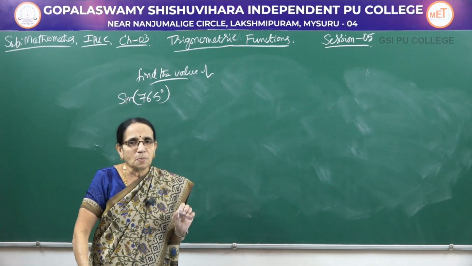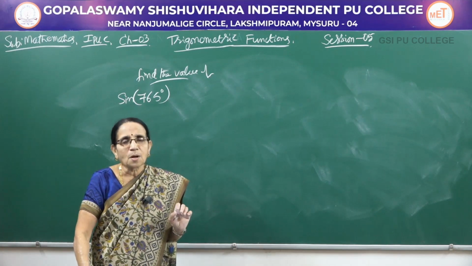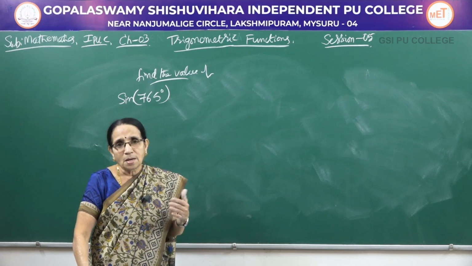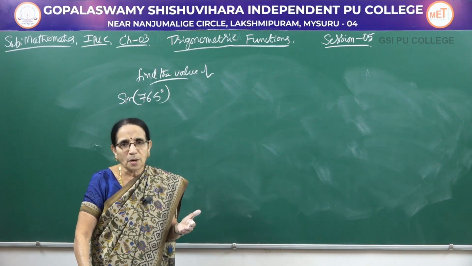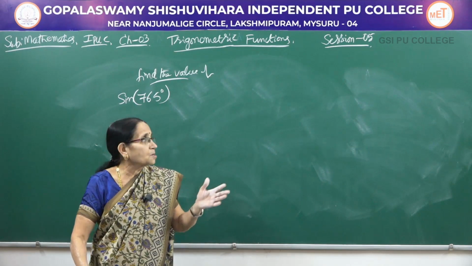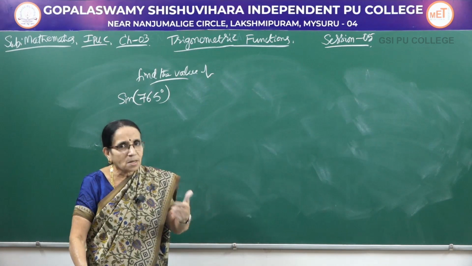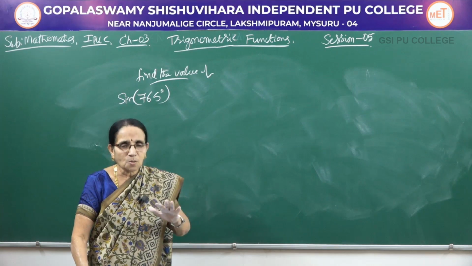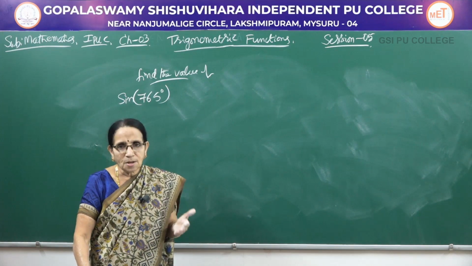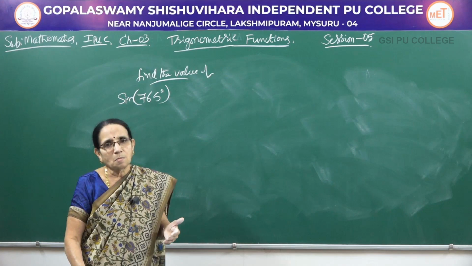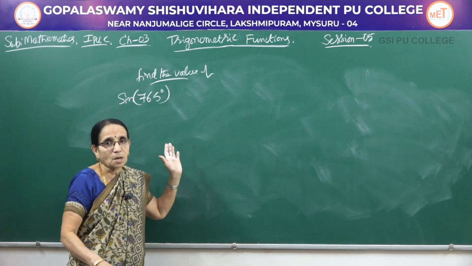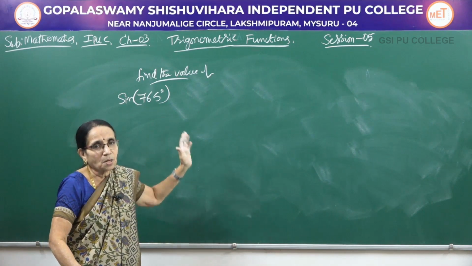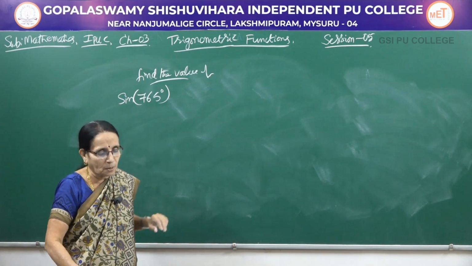It is 30 degree pi by 6, 45 degree pi by 4 and 60 degree pi by 3 and 90 degree pi by 2 and 180 degree would be equal to pi. And similarly, we had done it as a problem, but you have to remember the corresponding values of the standard angles even in radian measure, because the problems which I am going to work out now, either it would be in degree or radian measure, you have to be familiar with both of them.